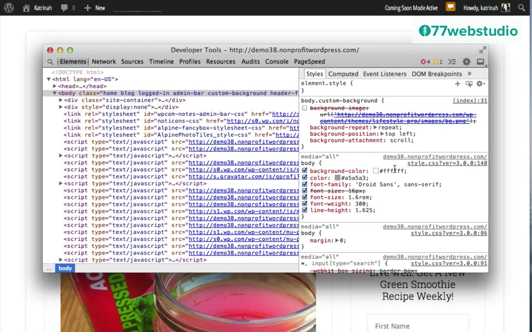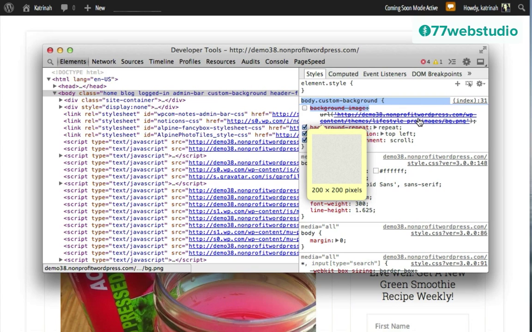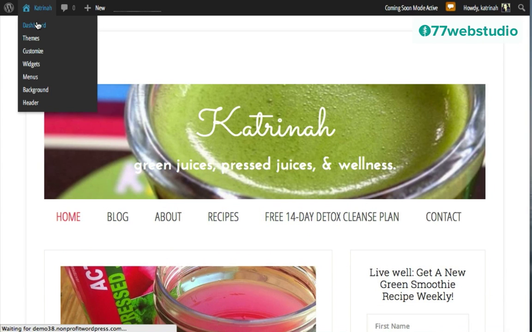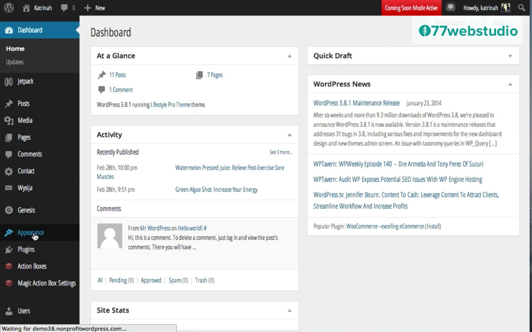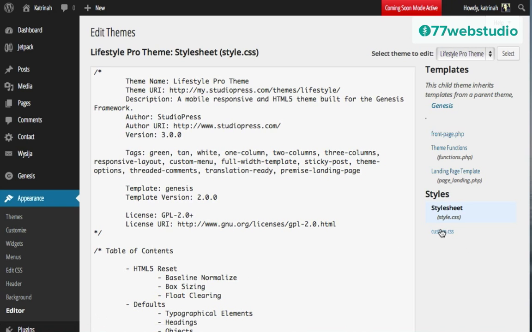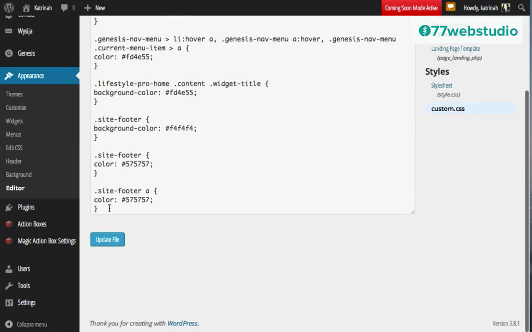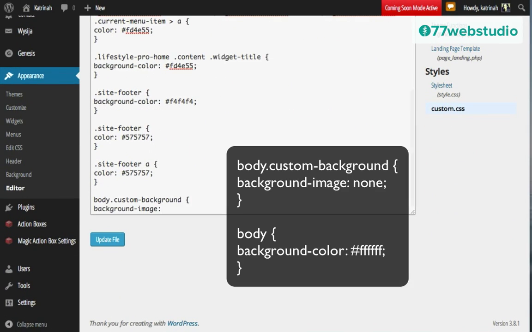This body background color is white, and then meanwhile, this particular image, I'm going to copy this code right there, highlight that, and copy it so that we can remove that canvas image from the background on the home page and throughout the site. So once this code has been copied, I'm going to close this, go back to the dashboard, then go down to Appearance and Editor. Then I'm going to click on my custom style sheet, scroll to the bottom, and paste the code I just copied in the previous step.